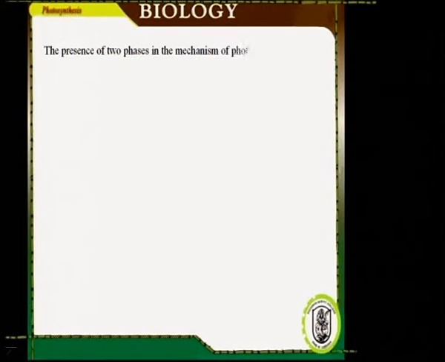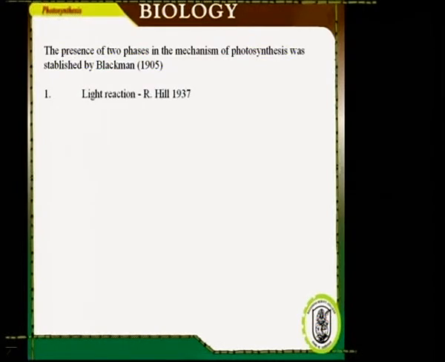Now we move to the mechanism of photosynthesis. You know that the presence of two phases in the mechanism of photosynthesis was established by Blackman in 1905. The first is referred to as the light reaction or Hill reaction, and it was R. Hill in 1937 who for the first time